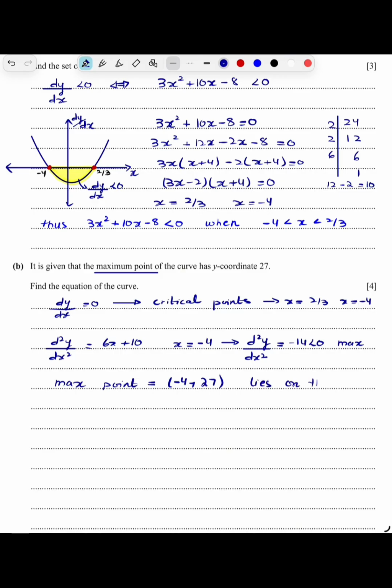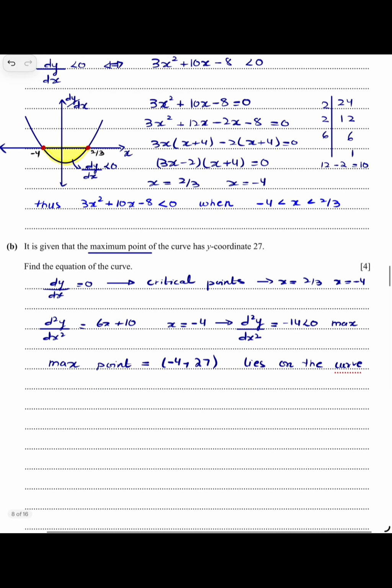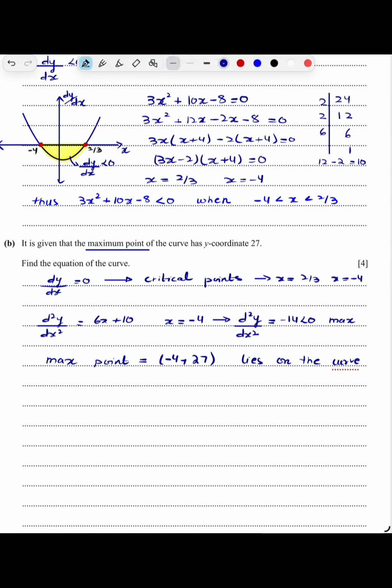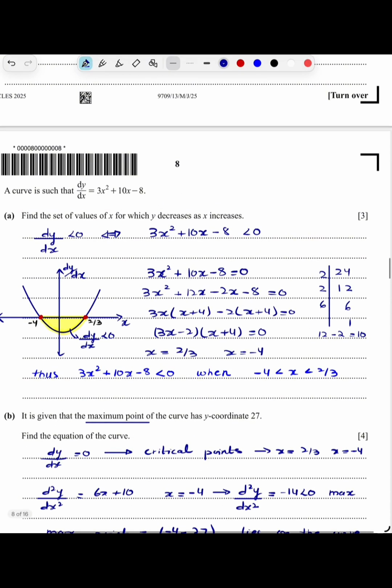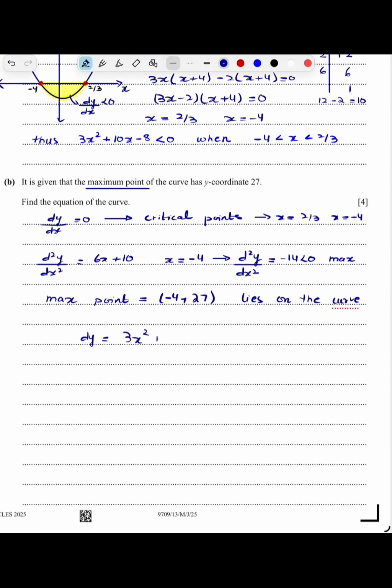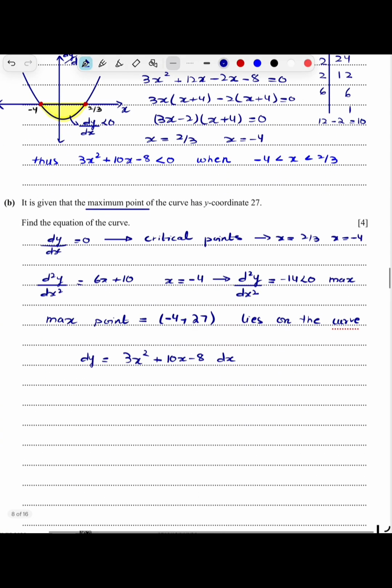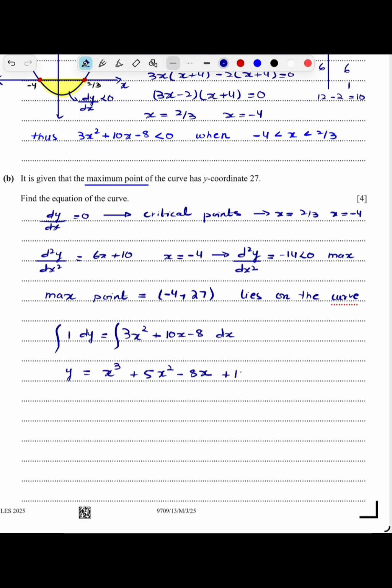So on the curve, सो अच्छा अब इंटीग्रेट करते हैं। ये ना हमें इंफॉर्मेशन यूज़फुल होएगी व्हेन वी हैव टू फाइंड द अननोन कांस्टेंट ऑफ इंटीग्रेशन, ठीक है। सो dy/dx इज़ इक्वल्स टू क्या था, 3x स्क्वायर प्लस 10x - 8। लेट्स इंटीग्रेट। So we have y is equals to x cube, ठीक है। यहाँ डिवाइड बाई 3 होएगा तो कैंसिल आउट हो जाएगा, ठीक है। प्लस 10x स्क्वायर ओवर 2 तो ये हो जाएगा 5x square एंड माइनस 8x, ठीक है। एंड देयर इज़ अ कांस्टेंट ऑफ इंटीग्रेशन।